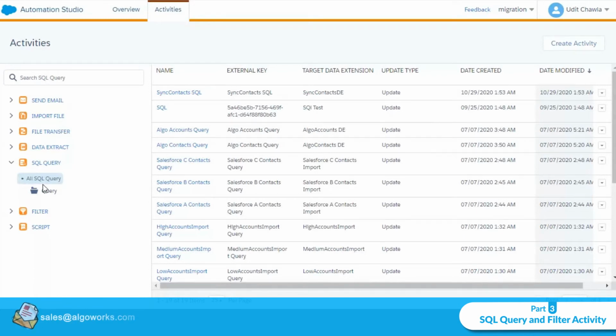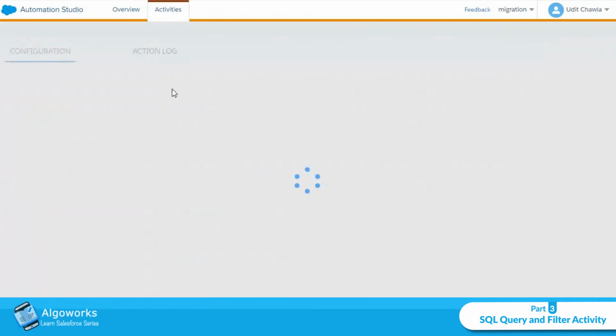We just have the option of select and from where clause in Marketing Cloud as well. We just need to fetch the fields from the data extension, and then provide the target where the data from a particular data extension is going to be fetched and saved into another data extension. So I'll show you the example which I have already created.